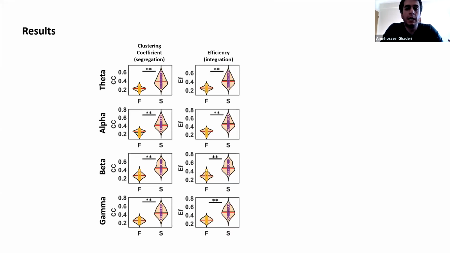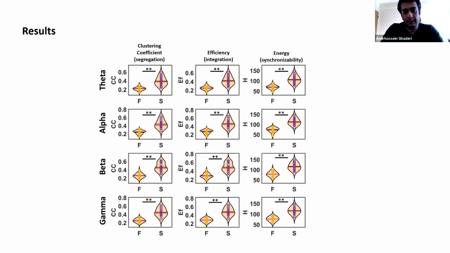The second measure we investigated was global efficiency, which is related to integration in the network, and same as the clustering coefficient, we found increased activity for that. Then we can say that the network during the saccade is more integrated and more